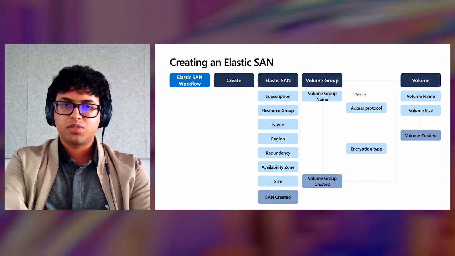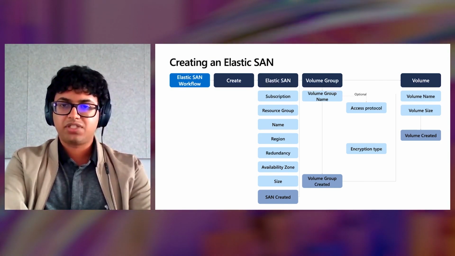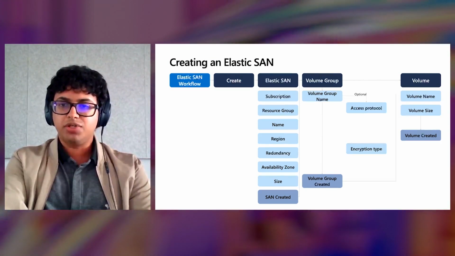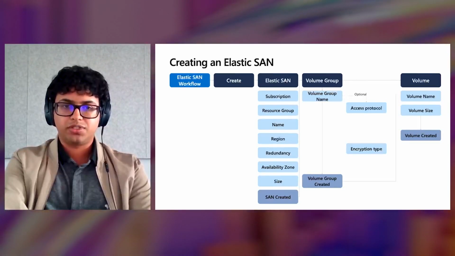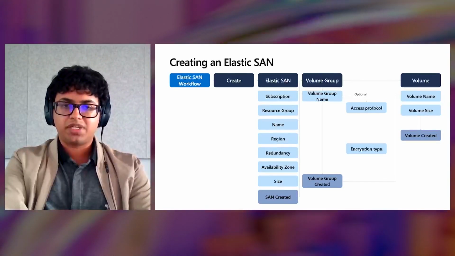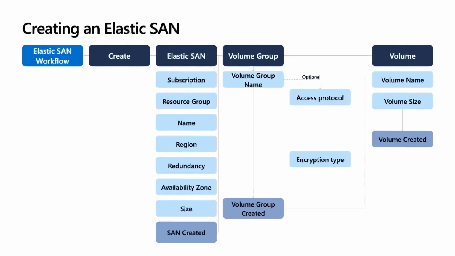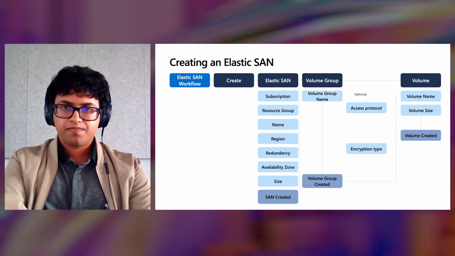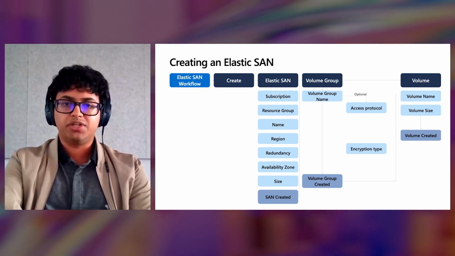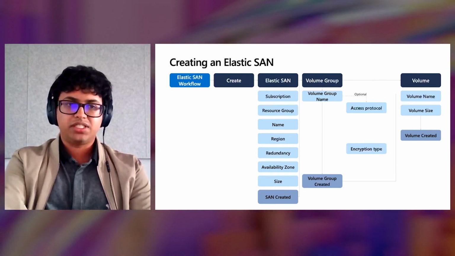So resources are provisioned on the SAN level. So when you fill out this information, you should make sure that you know exactly what kind of workloads you want to host, and then figure out the respective capacity and performance requirements. Once you have this information, you can provision storage and performance accordingly. The workflow is basically as follows. You create the SAN, you create the volume groups, and then you create the volumes. I will now show you guys exactly how to do this.